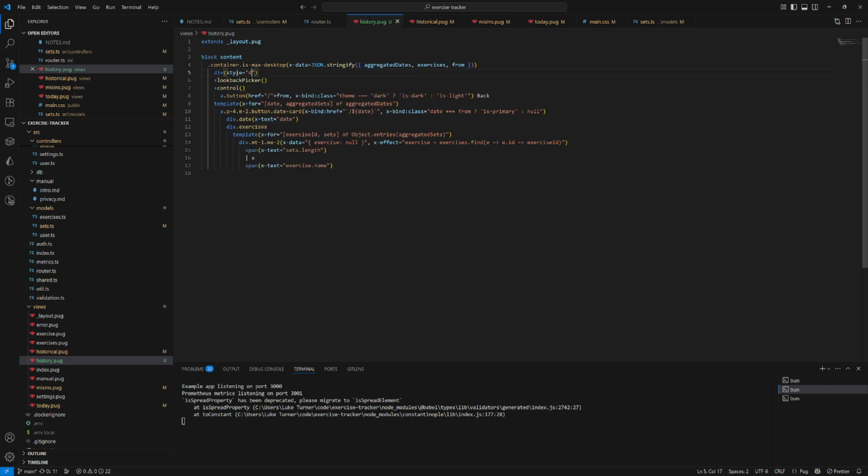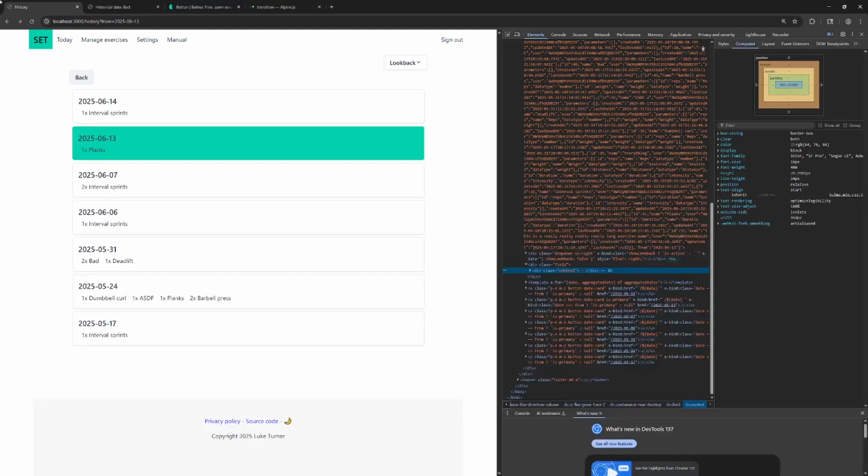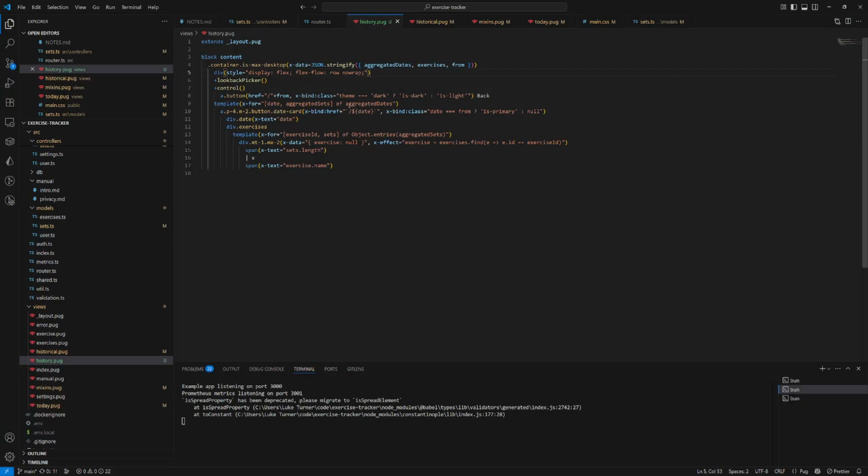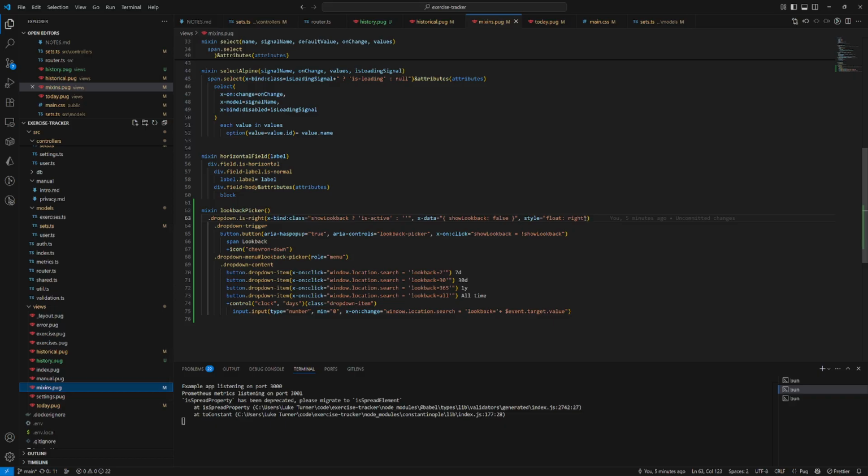This would be display flex, flex-flow row, no wrap. So now what does it look like? Same thing. If I get rid of that,